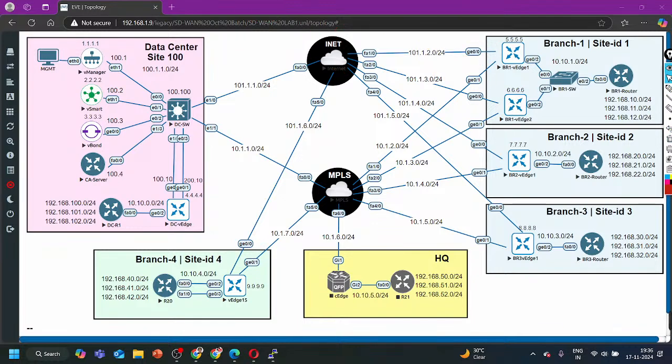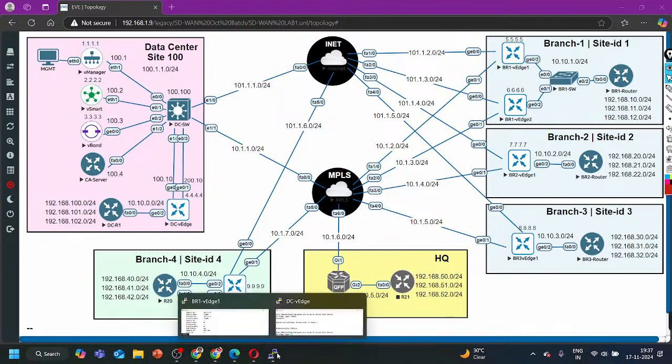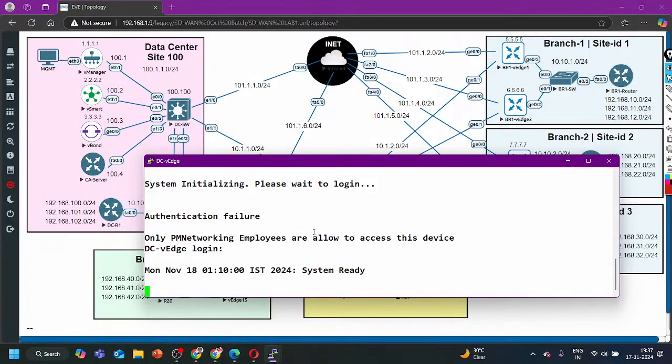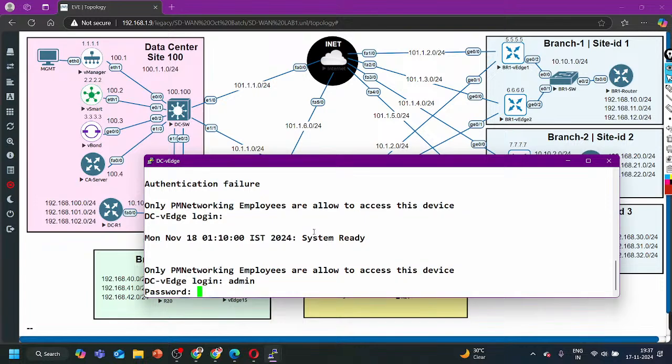And today we are going to configure policy for application, that is application aware routing. Okay, so if I have some application here, like from the vManage, if you will check, let me show you that. Yeah, now system is ready, admin,